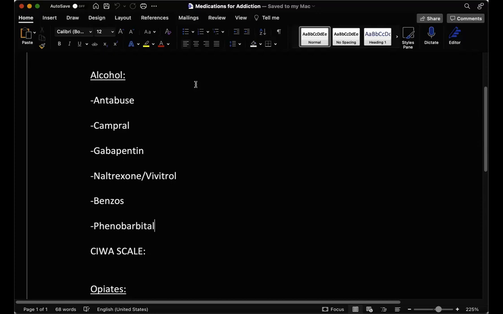And they noticed that because GABA is one of the receptors that alcohol works on. So GABA works on 5 receptors. The 2 that we're going to talk about today, because again, I want to stick to the basics, is GABA and your opioid receptor. And I'll get to your opioid receptor next when we get to naltrexone. So the reason that Campral and gabapentin are similar is that we think, and we don't always 100% sure know how things work. With Campral, we believe what happens is it helps to normalize